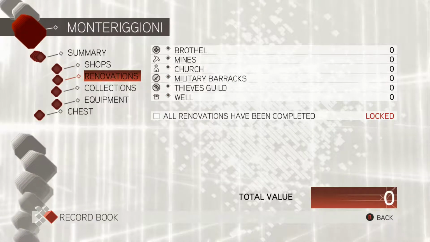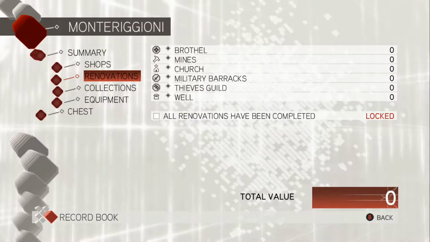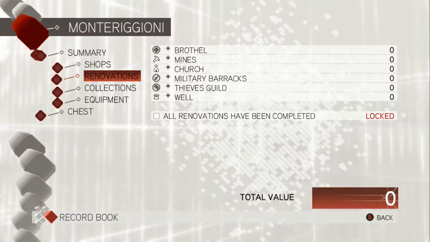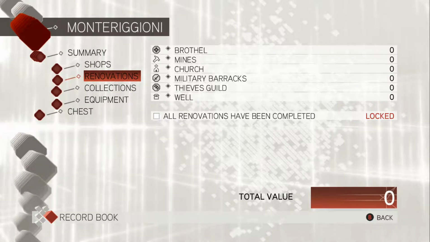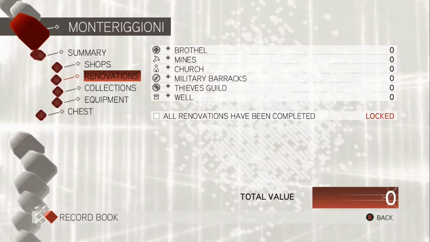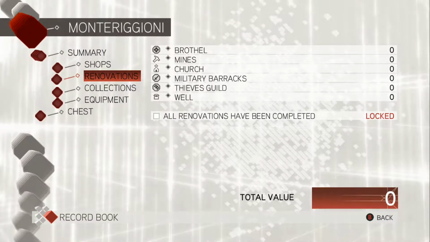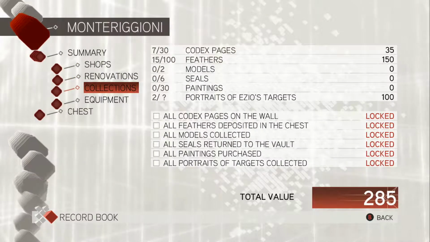You can renovate the brothel, mines, church, military barracks, thieves guild, and well. Now, I think the brothel, military barracks, and thieves guild either decrease the cost of hiring those groups in the cities, or make them free. Now, the mines, church, and well actually unlock different areas of the city that have treasure chests in them, collectibles in them. Now, one of the things that you can do...